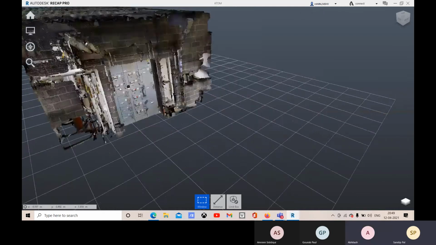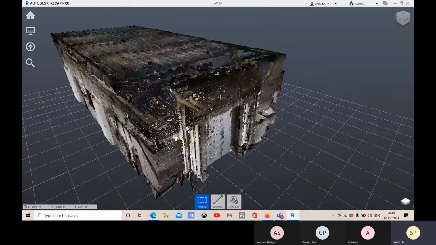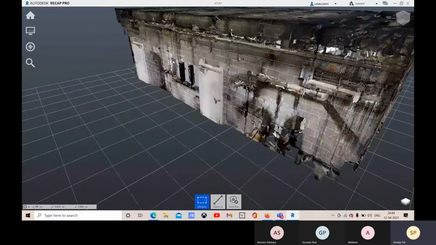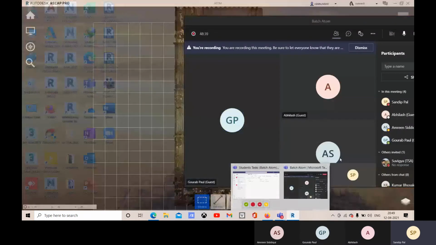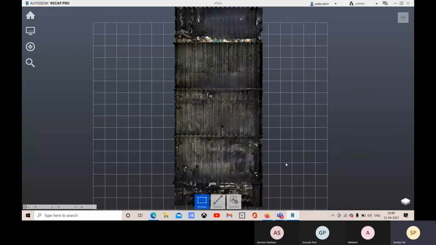You can also take the top view as an image, extract that, and start creating your file. From this you can import into Revit, use it in Revit, and from this point cloud you can create your 3D BIM model. I'll show that also.